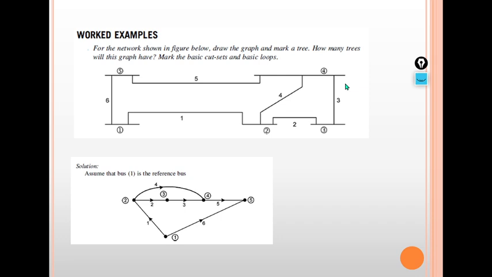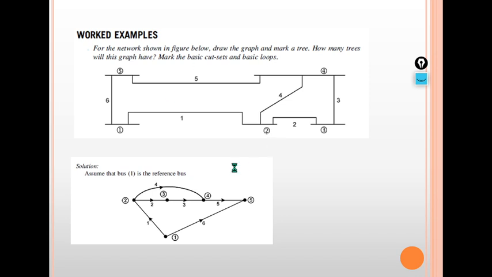There may be a generator, circuit breaker, isolator, whatever components may be present, but this is the actual circuit diagram given, the network shown. From this you have to make a graph and design for the next steps of load flow analysis. So using graph theory you can solve different load flow analysis problems. As a preliminary application of graph theory, I am showing you how to draw the graph, and from this how to apply tie-set.